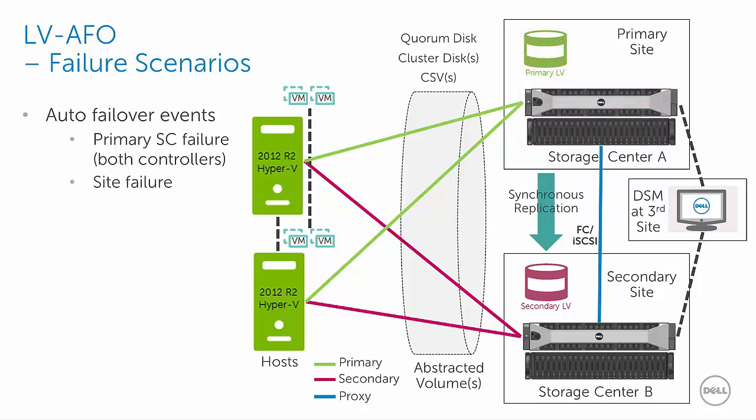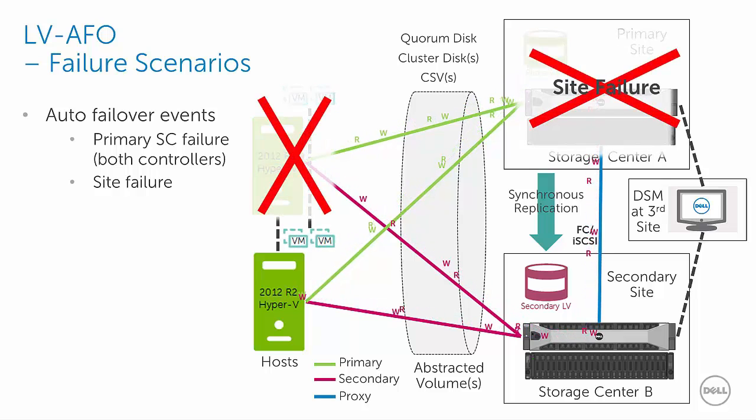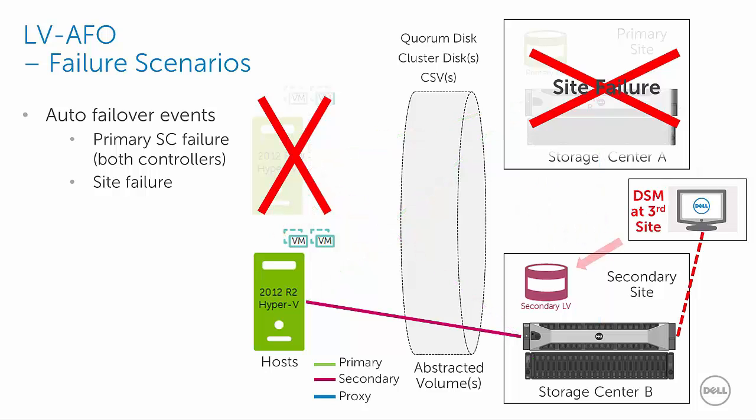As before, we'll begin by introducing I/O from the VM workload. As can be seen here, the site failure affects not only the storage, but also the host located at Site A. In addition to losing data paths, this outage also affects the guest VM cluster and also the host cluster. As before, the DSM promotes the secondary live volume to primary status, and I/O resumes from the surviving Hyper-V server